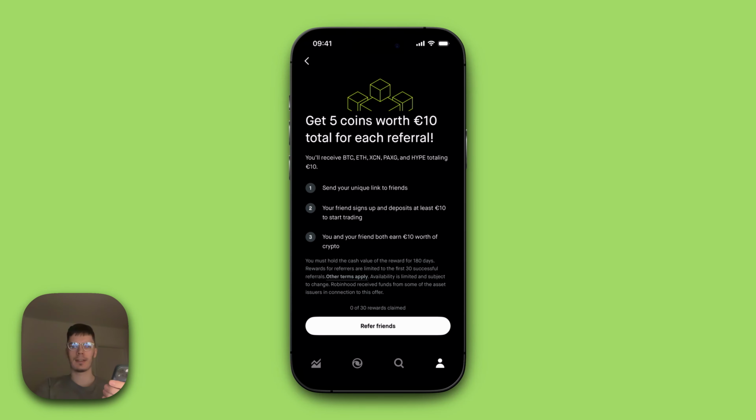And your friend needs to deposit at least 10 euro and he will get another 10. Also, you will get 10. So that's how you can see